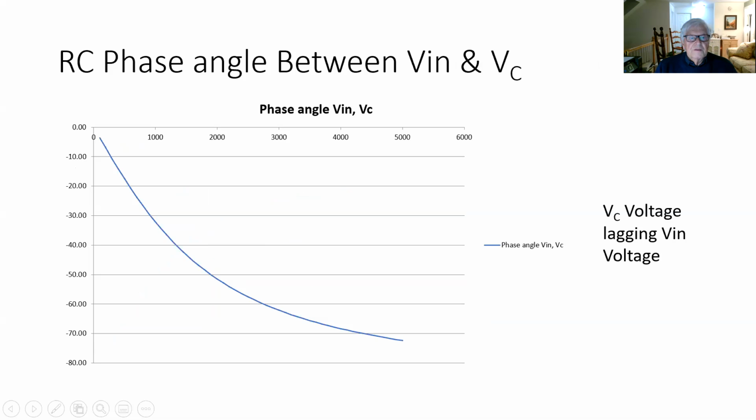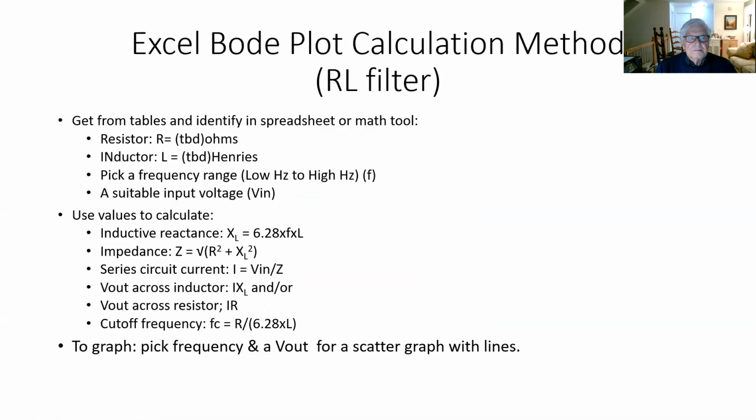And if we look at the phase angle, it will change in degrees, and normally everything changes at the FC value, which occurs right at around the 45-degree phase angle change. Okay, so